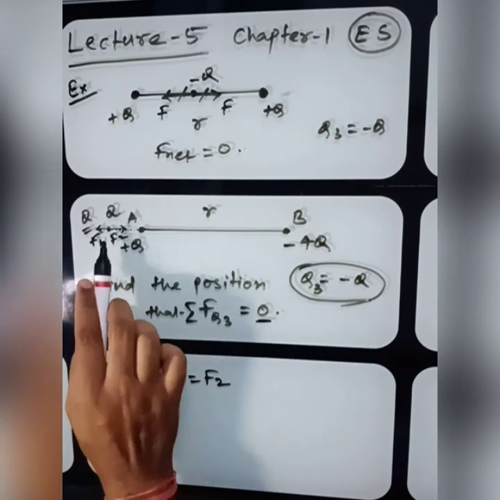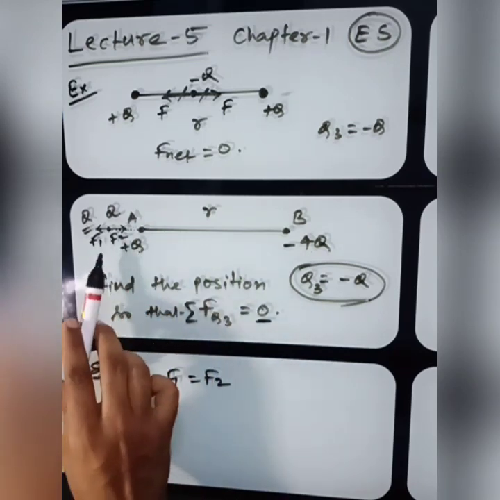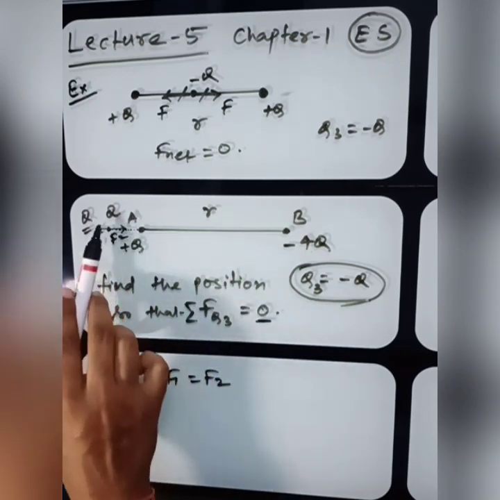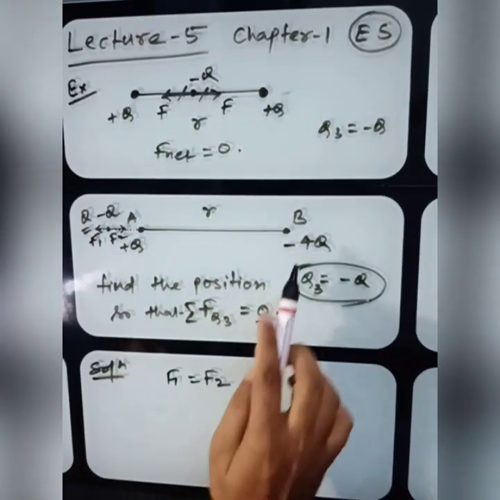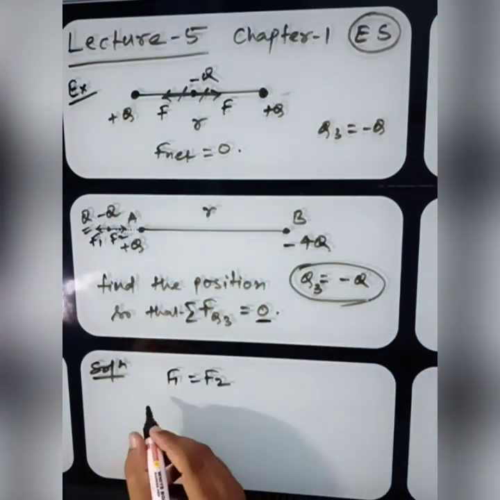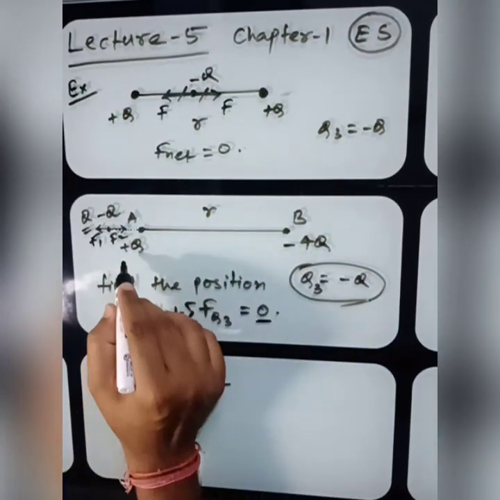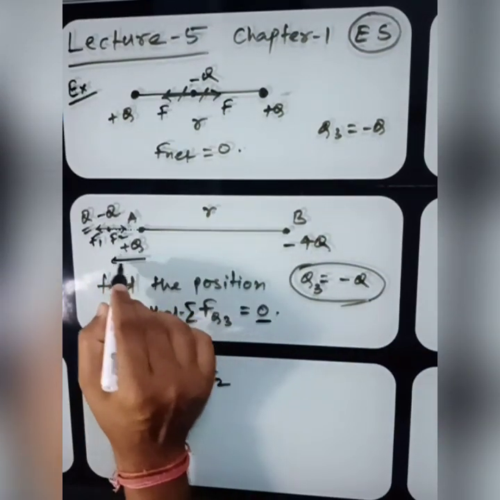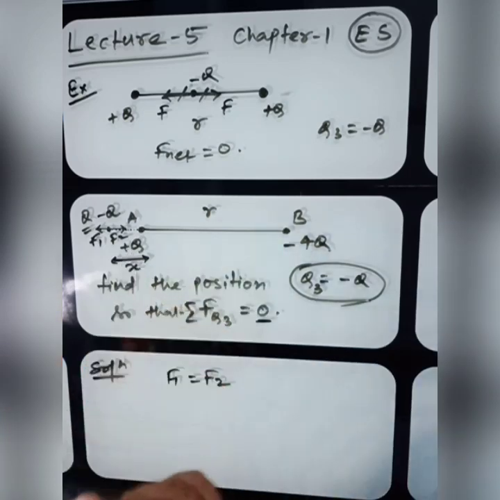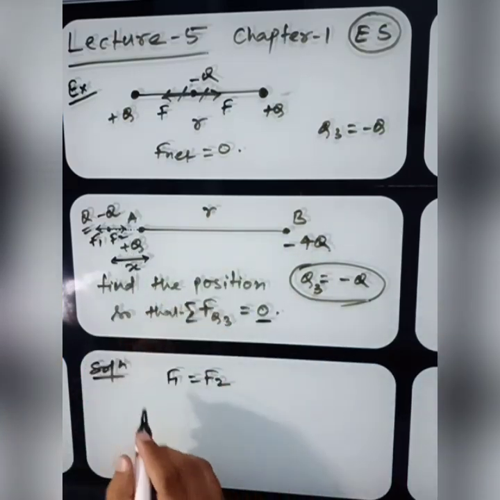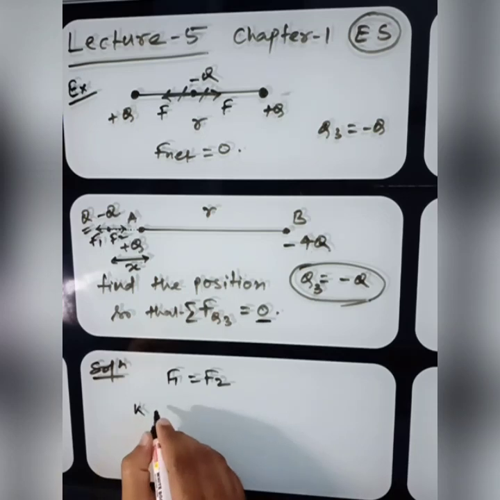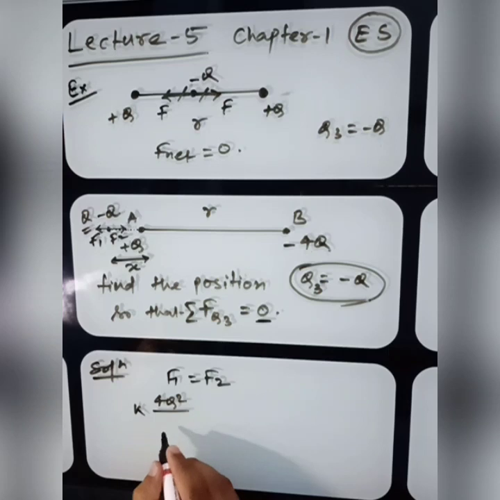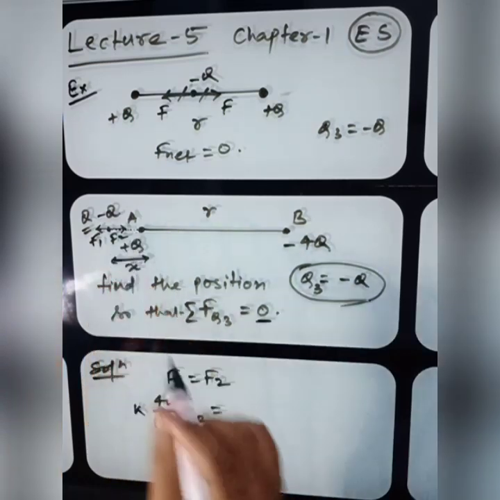So F1 is the force between these two. F1 is the force between the minus q and the minus 4q. What will the total distance between these two be? Let us place the charge at distance x from plus q, that is from A. So the force will be k, q and 4q, that is 4q square divided by (r plus x) square, is equal to the force between these two, which will be